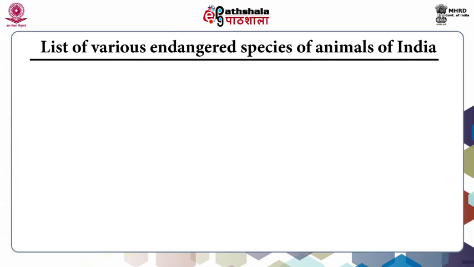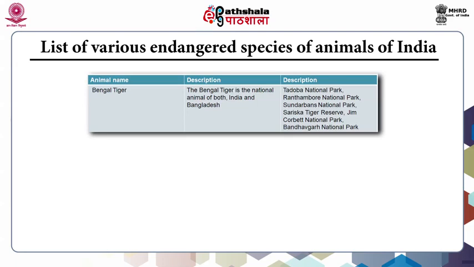Let me discuss various endangered species of animals of India one by one. We will be taking only a few examples, because all animals cannot be covered in one module. Let me take one example of the Bengal tiger. The Bengal tiger is the national animal of both India and Bangladesh, and this Bengal tiger is found in Tadoba National Park, Ranthambore National Park, Sundarbans National Park, Sariska Tiger Reserve, Jim Corbett National Park, Bandhavgarh National Park, and